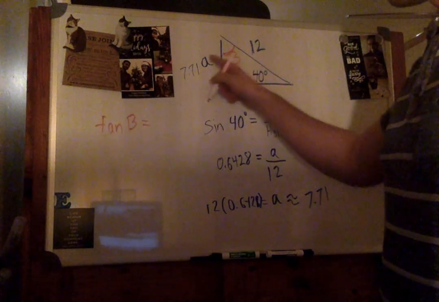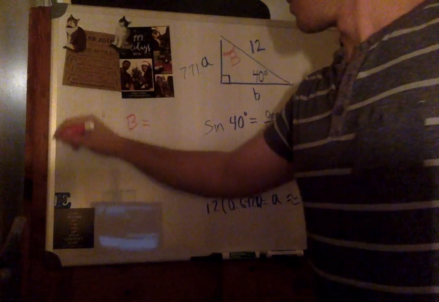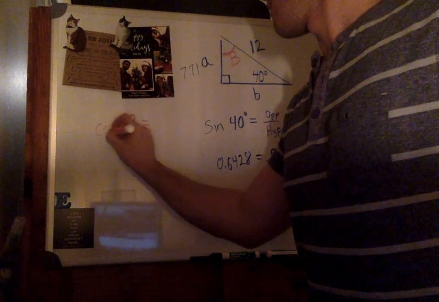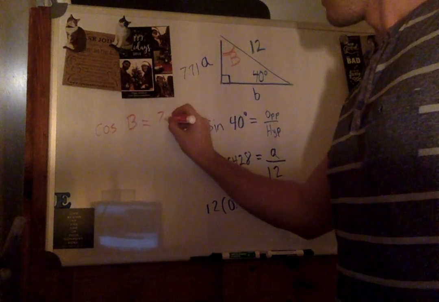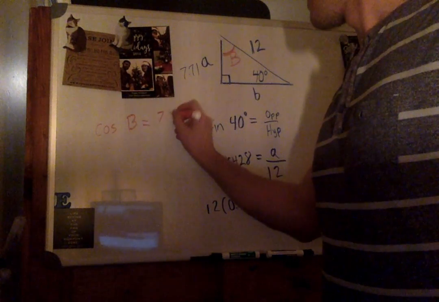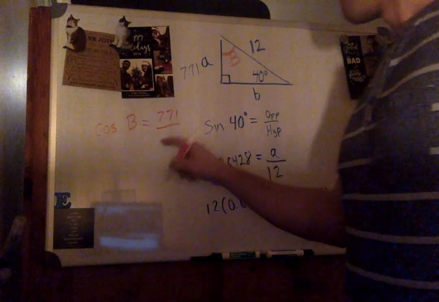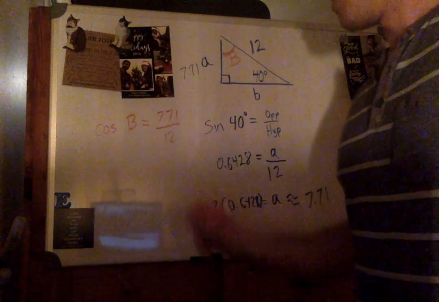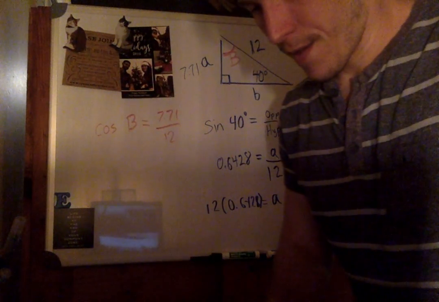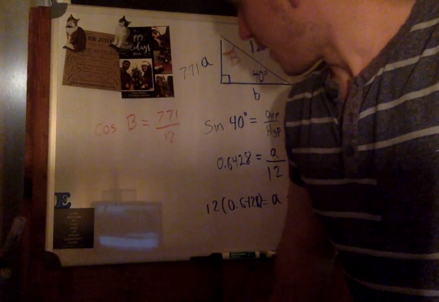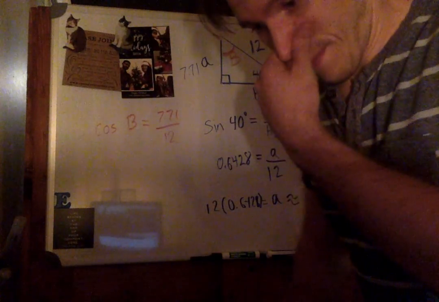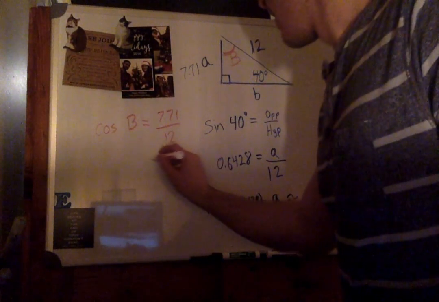actually let's not use tangent, let's use cosine. Don't be dumb, Mr. Olson, don't be dumb. Sorry. Cosine of B would be the adjacent, so 7.71 over the hypotenuse, which would be 12. If I do that on my calculator, 7.71 divided by 12, I get